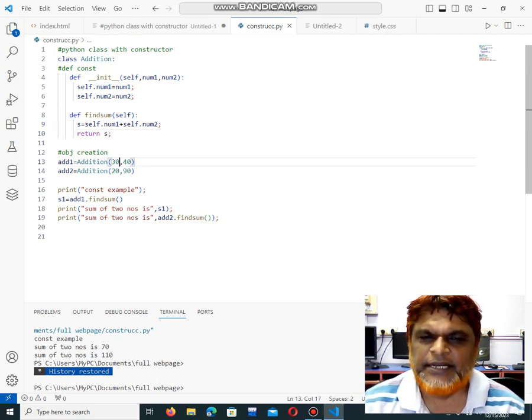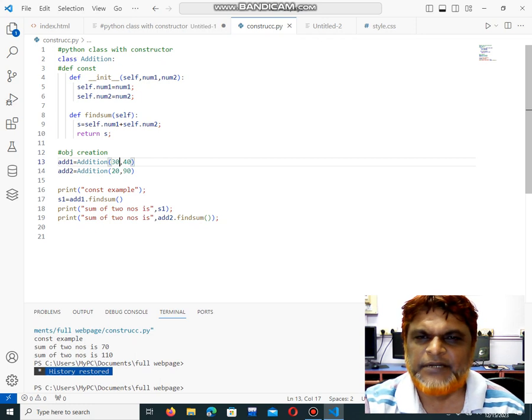And here I am creating an object, assigning the object with the class and passing the parameters. Since I declared parameters in the constructor, I am passing those values to the object using this constructor. In the constructor I am passing the values where the declaration is done.